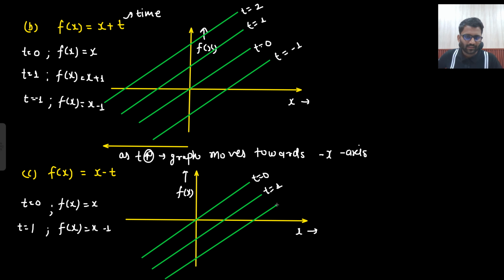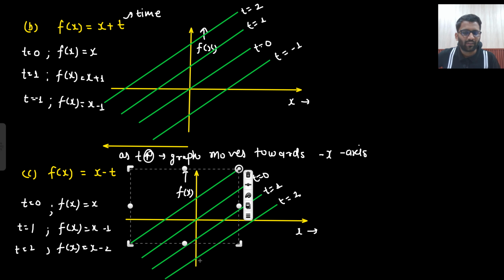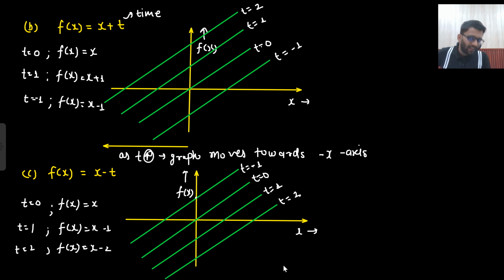Now if I take t equals to 2, what will happen? Fx equals to x minus 2. So at y axis it will cut at minus 2. So where the graph is going? If I take t equals to minus 1, so this will be the graph. You can draw it. At y axis it will cut at 1. So this is the graph for t equals to minus 1. So as the time increases,